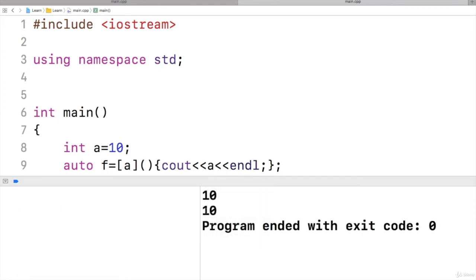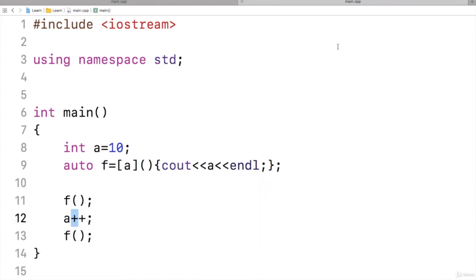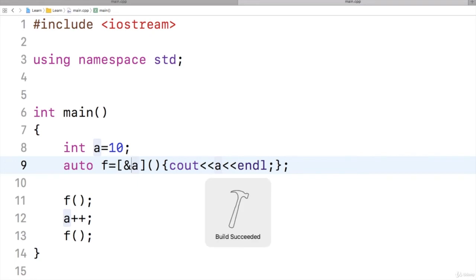So both times it is taking 10. So it means this a is replaced by 10 when I have defined this lambda expression. If I want this a to be accessed directly, whatever value is present, it should take the current value of a. Then I should make this lambda expression capable of accessing that. So I should say reference of a. Now if I run,